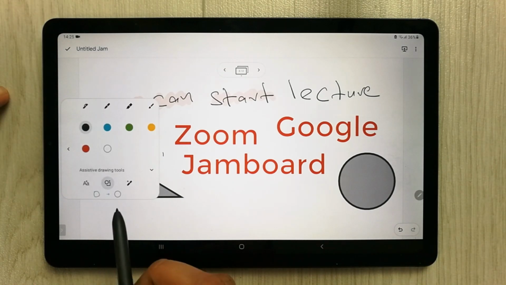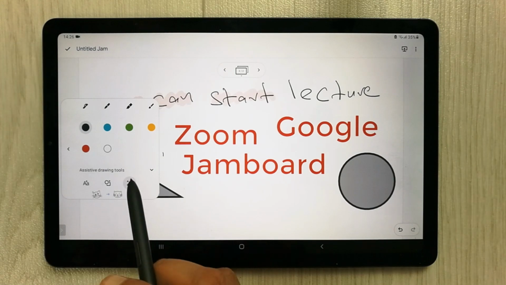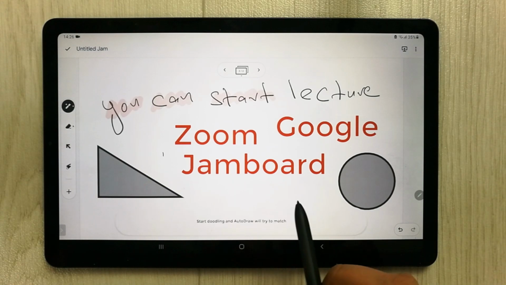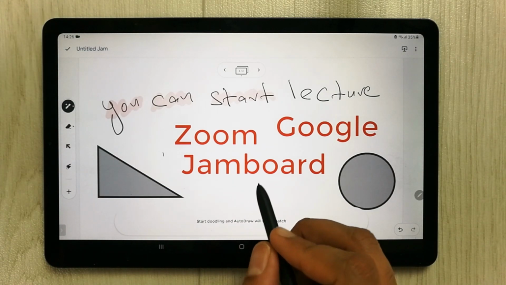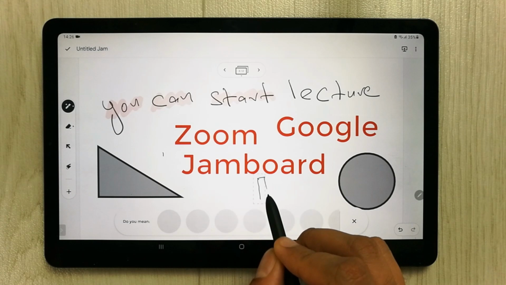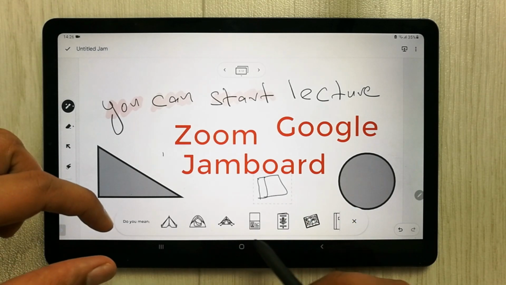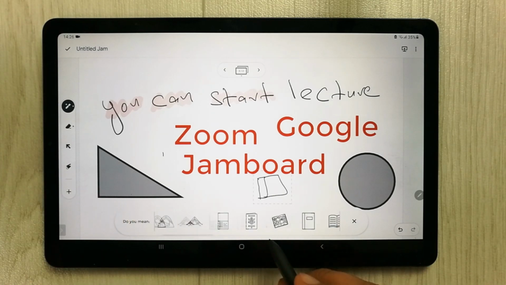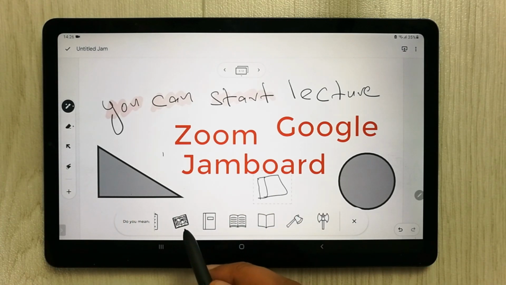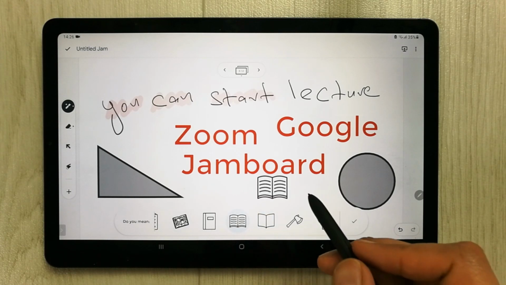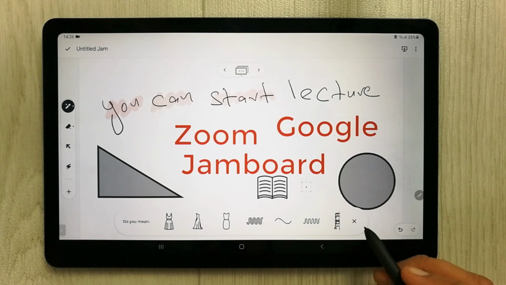The next tool is very important. It's called the auto draw animation tool. So I will show you. So for example, if I want to draw a book, okay, so I randomly draw with my pen. Okay, like this, because this is not a neat form. So it will give me suggestions below. You can see over here it is giving me the option of book. So I want to draw a book, so you can see this is a book. Okay, and this one as well, and this one. So you can use different options. Okay, so for example, I select this one. So this is also very useful.